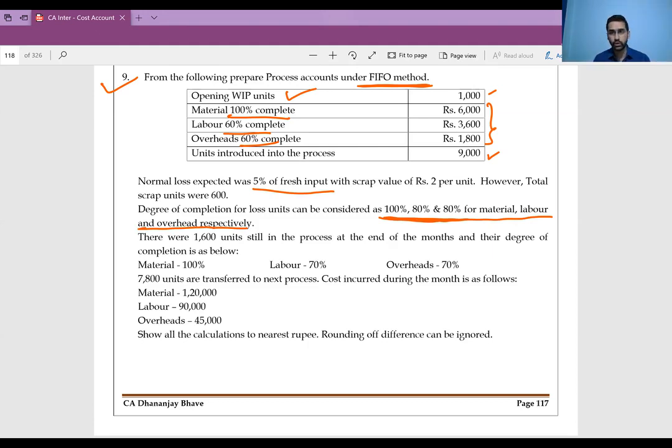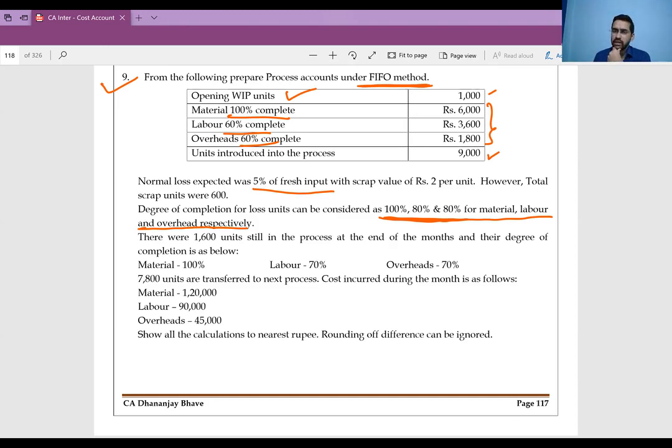In the previous video, I told you degree of completion for abnormal loss, when nothing is given, will be taken as 100, 100, 100. We in fact did one problem like this. But I also told you if they give some percentage in the question, then you have to take 100, 80, 80. Sir, when will this happen? When 80% of the work is done and then you realize something is seriously wrong in the machine and you immediately stop, then you get to know there is so much of loss. You just throw all that loss and call it abnormal loss. But did you do the process to the extent of 100%? No, you stop the process in between. That is why labor and overhead is 80, 80.